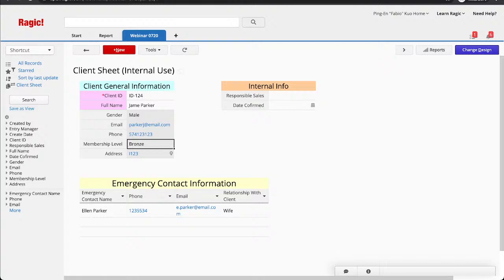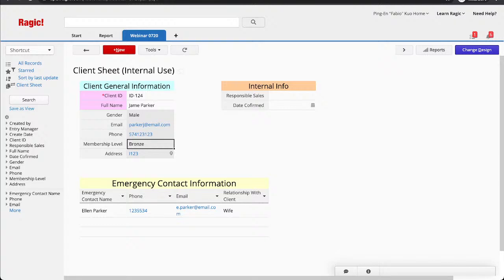So if you're referring to the fact that a person is an emergency contact for multiple clients, yes, you can do that in your sheet design, but I can't do it in my own settings. This will be related to link and load, and I will talk more about the three types of linking relationships, probably in the next few minutes in the webinar.